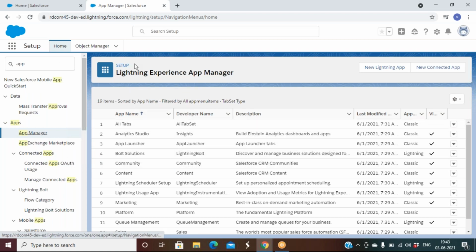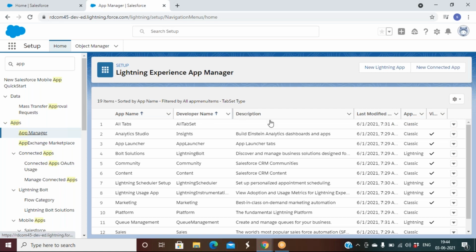If you see here, it says Setup, Lightning Experience App Manager. By just clicking New Lightning App, you can create an app. This Connected App we'll talk about later; as of now, don't focus here. I'll talk about whatever we need initially. Don't focus on everything, otherwise we'll get confused. Let's go in phases so that we start and understand the system and the product. Once we understand, then we can go to the next level. On day one, if you go to the next level, you will not remember anything. So first develop a habit of understanding the basic things, then you can extend your knowledge.